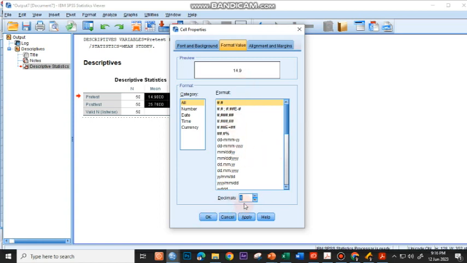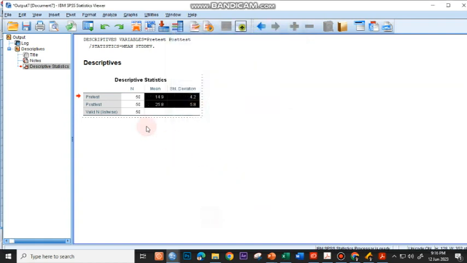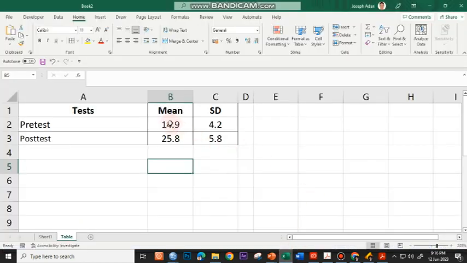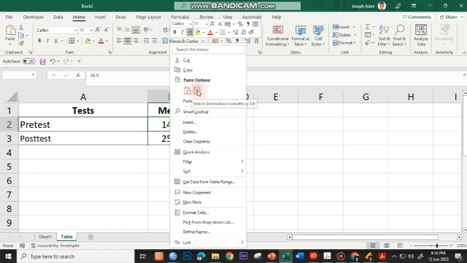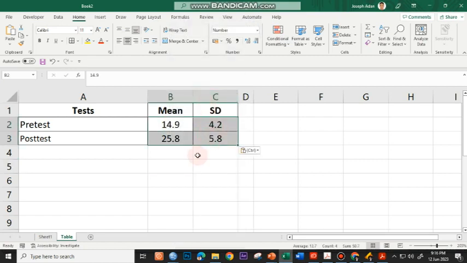It could be 2, depending on your choice. For our presentation, I'll just be using 1. Click on OK, and then copy this. And then for my table, I just have to paste it directly. So paste, and then you have the values. So whichever is easier for you. That's basically what you will be doing or using. So that's it for using Excel and SPSS in computing for the mean and standard